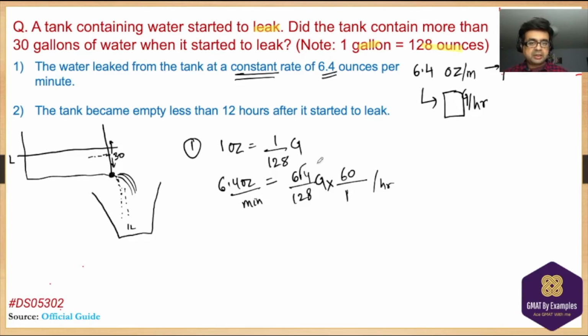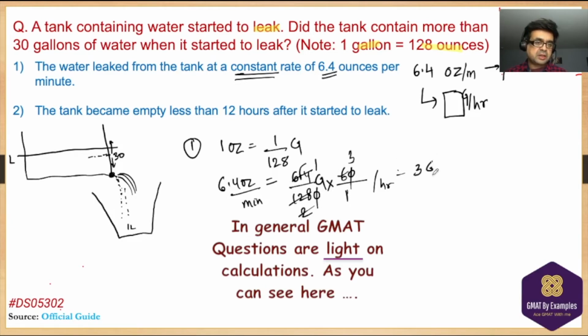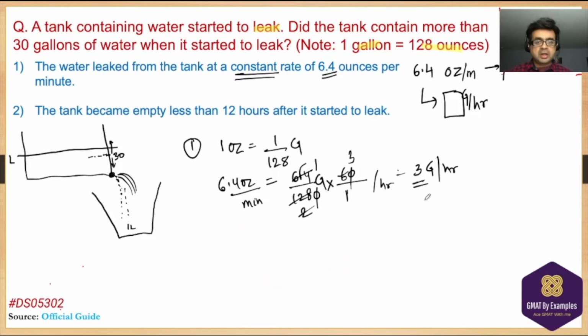I am going to take out this decimal point, add a 0 here, cross them out. 64 is just half of 128, so that is an easy calculation. And then 3, so this gives me 3 gallons per hour fairly quickly, in mere seconds. Now let's unpack this. I'm given that the rate of leak is 3 gallons per hour, but I'm not given